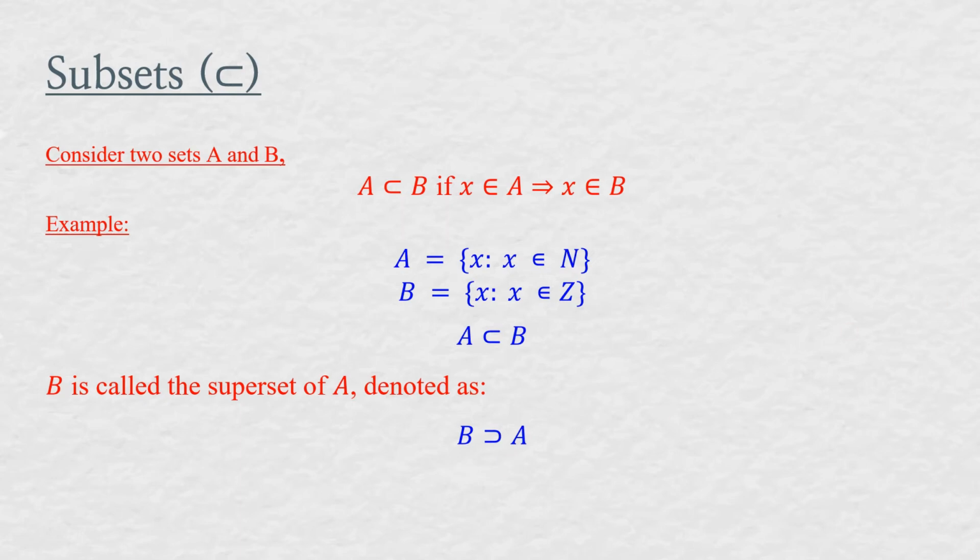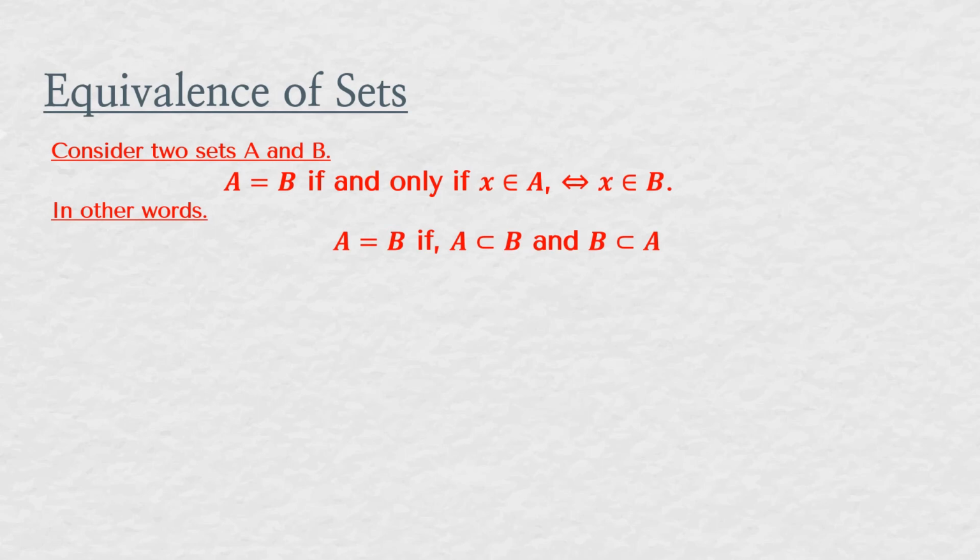The next definition is the definition of equivalence of sets. Two sets A and B are equal if and only if each element of A is also present in B and each element of B is also present in A. In other words, A is equal to B if A is a subset of B and B is a subset